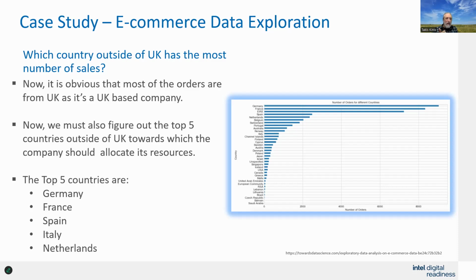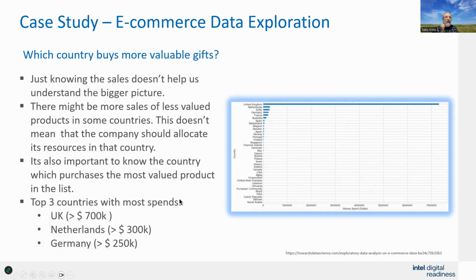So one thing that you can do is adjust your data this way, right? If I'm focusing on outside of country sales, well, then I should eliminate the local sales, right? Makes sense, right? And then things will be correctly scaled, so they can look at this and figure out who their top 5 countries are for sales. All right. But now if you start breaking it down again, it says, okay, so just knowing who's